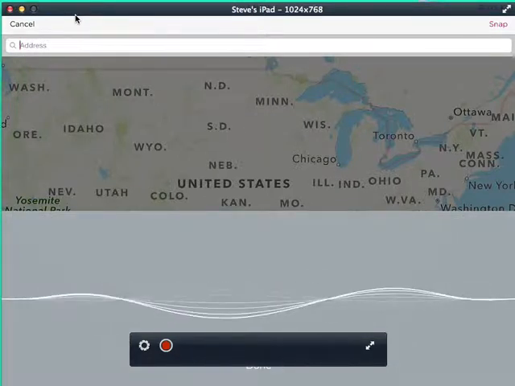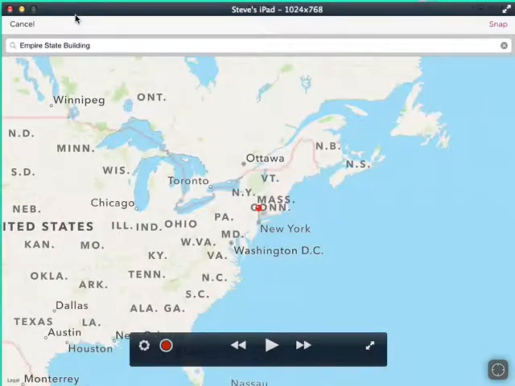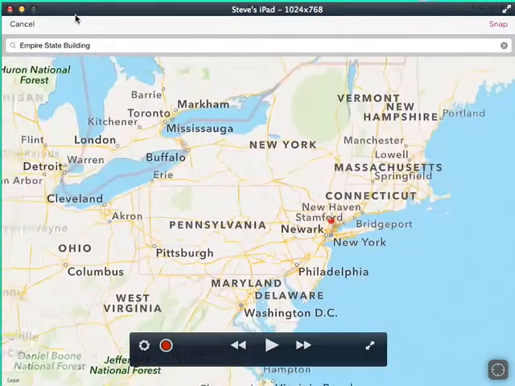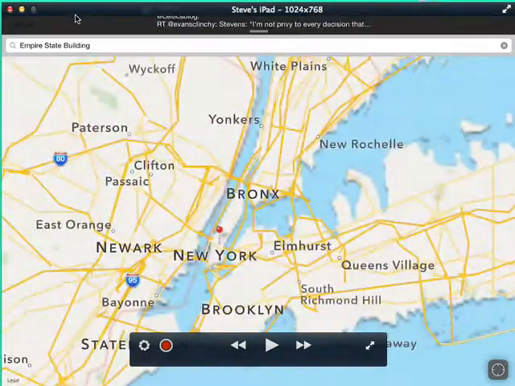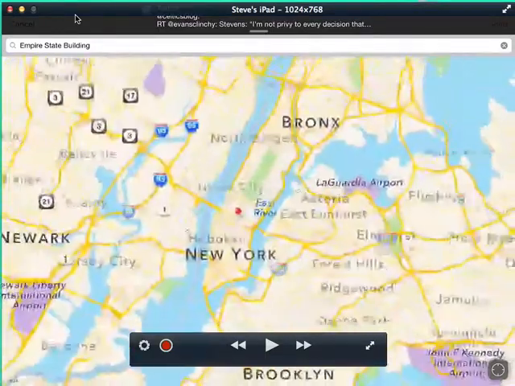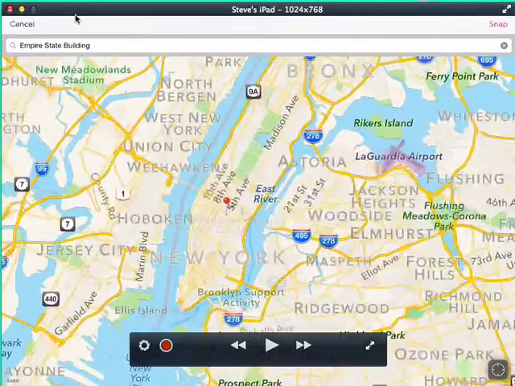Empire State Building. Good, it got my voice. It typed it in, I did not. I go search. It finds it in New York, and now I can use my 2 fingers to zoom in, and pretty soon we'll be in Manhattan. And we will be in the area of the Empire State Building,